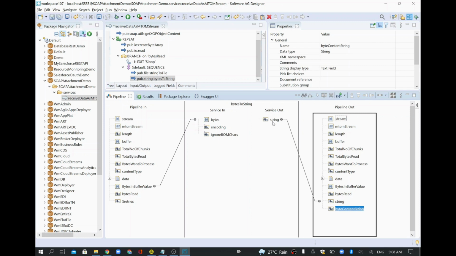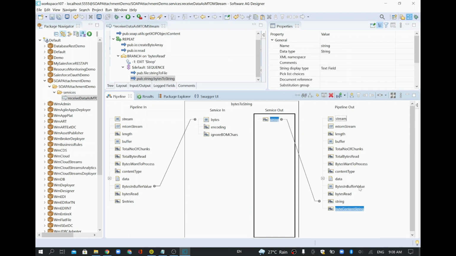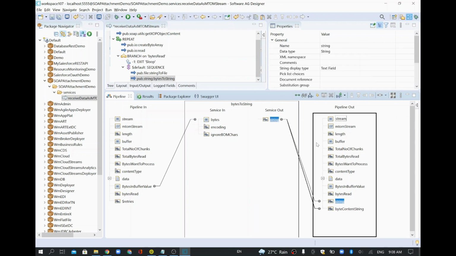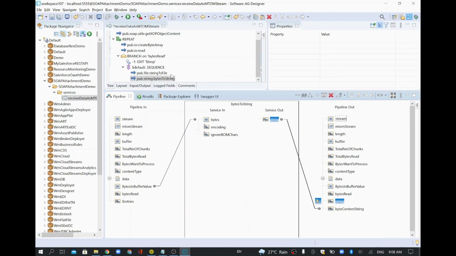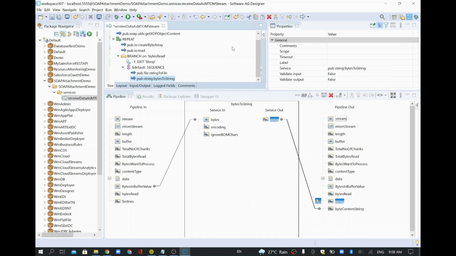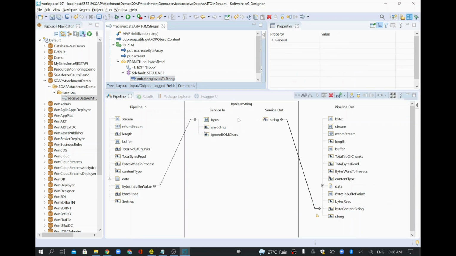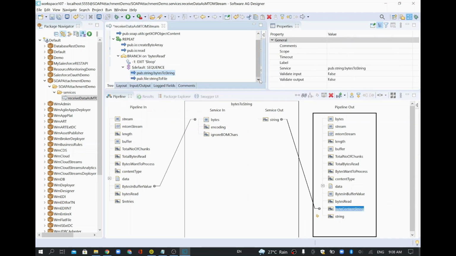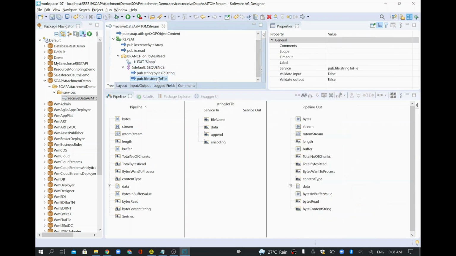So I'll just map this value, and I don't need this string field, which I'll drop it. And this step, you have to have before string to file, so I'll just move one step up. So now this is having string data in this particular byte content string, which I can map into my string to file service. So I'll write this data,